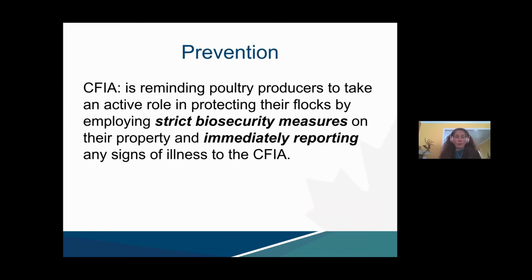Switching now to prevention. I'll mention the several advisories that were released last week, and I will also be using the CFIA, Federal Board, Compensatory and OMAFRA advisories. There was good information; they're good to take a look at. And you'll see similar messages being